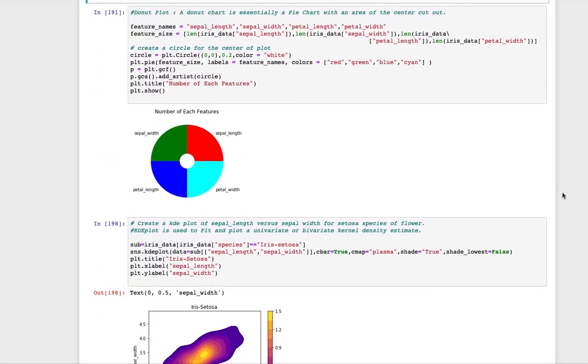Donut plot. A donut plot is basically a pie chart with an area of center cutout. So you can give your features name here, whatever columns that you have. Then feature size. You can calculate the length of each feature that you have, and you plot the circle and use a pie function and give the values here, and that's how you can get the number of each feature for each column that we have. Right now we have equal features in each column, so that's how it's